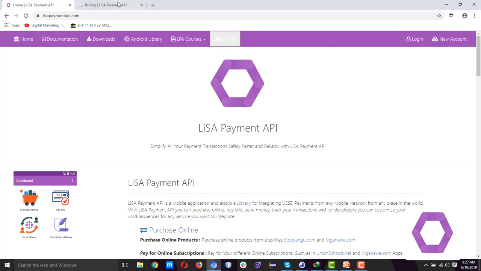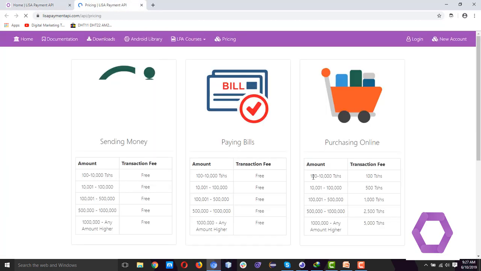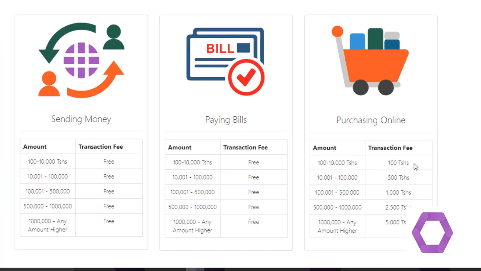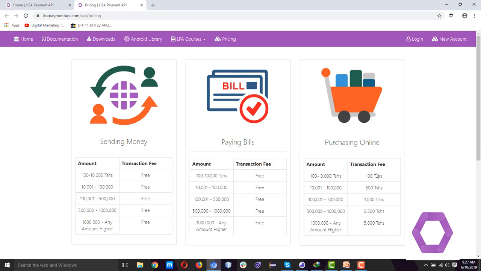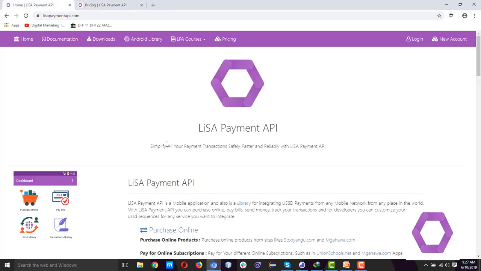I can see on pricing over here, 100 shillings to 10,000 we are charging 100 shillings, and then 10,001 to 100,000 we are charging 500. So these prices will be changing in the future. So you have something like that. So alpha sequence is for the product or order, and the LiSA sequence is for the charges,